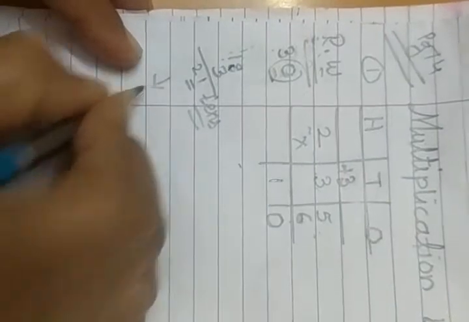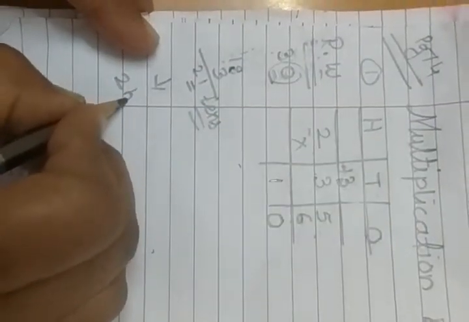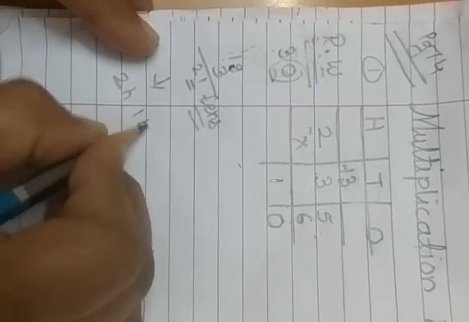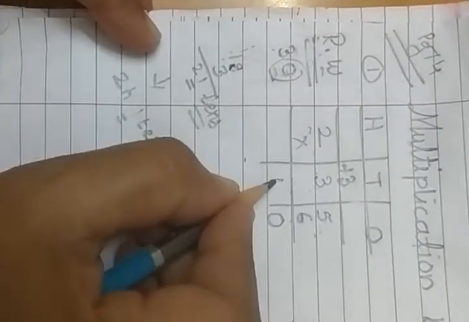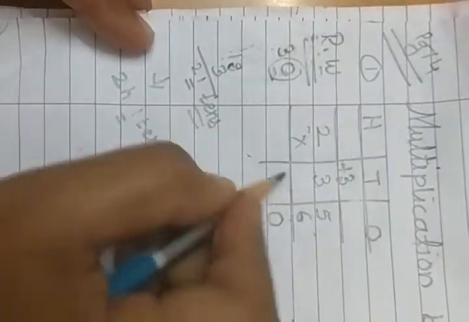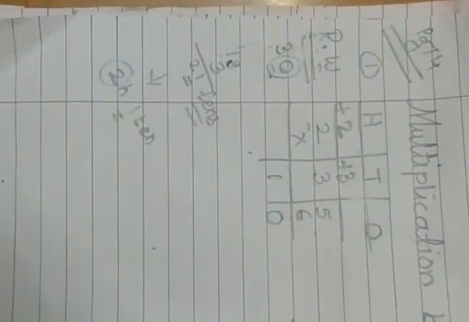And 21 tens means 200 and 10. Okay. And this 10 we will write here under tens. And this 2 which is at the hundreds place will go in hundreds. Yes, we will carry it over into the hundreds column.